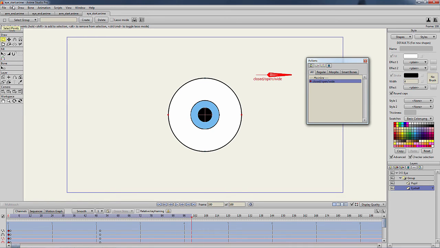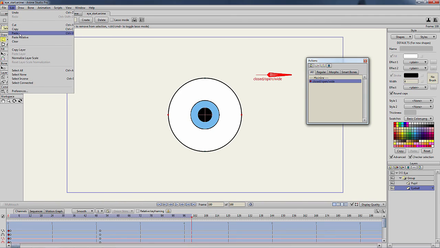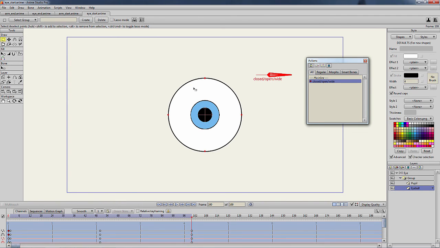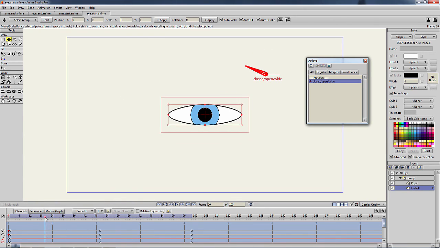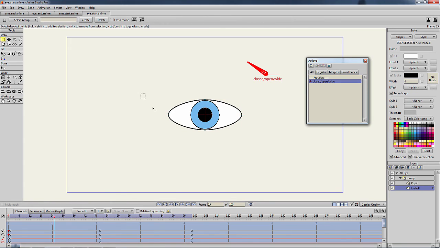Then select all the points that make the eyeball and scale them up to 120%. Go to frame 25, then adjust some of the points to make the animation look smoother.